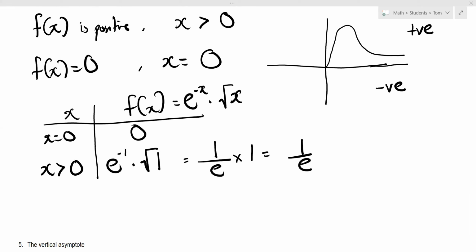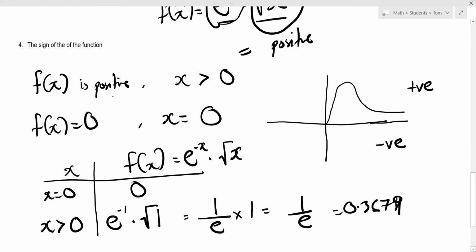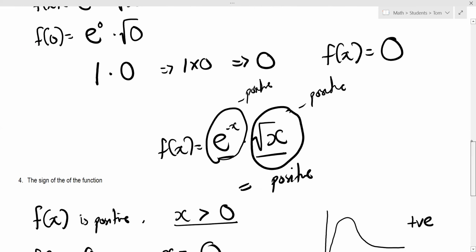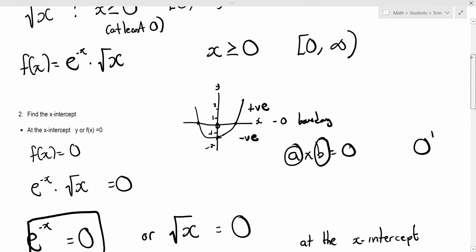will be 0.3678, just a 7 now, but you can see we still have a positive number. So generally f of x is positive when x is greater than 0. You can see as we keep on going towards the right, and f of x is 0 where x is equal to 0. So that's generally answering the first four